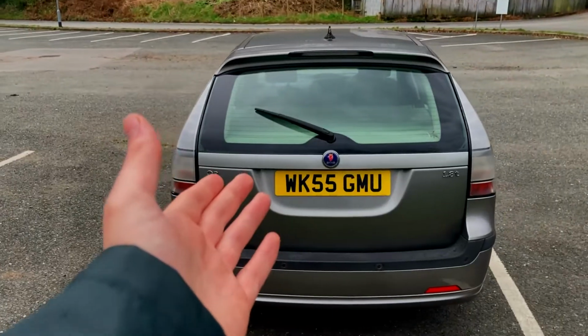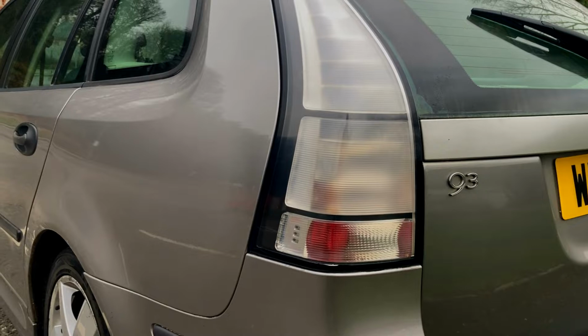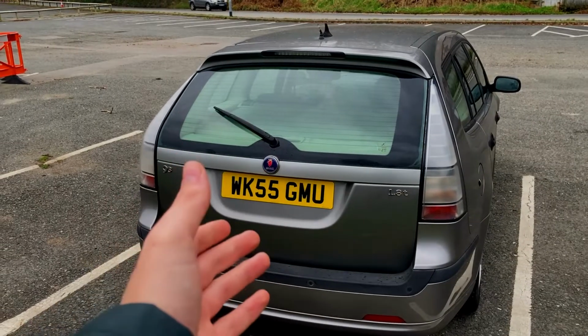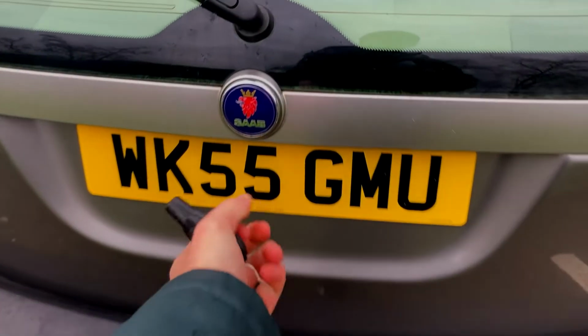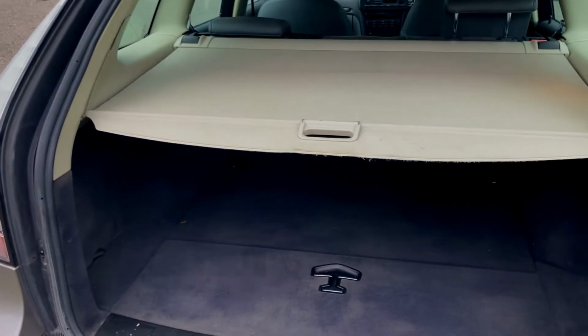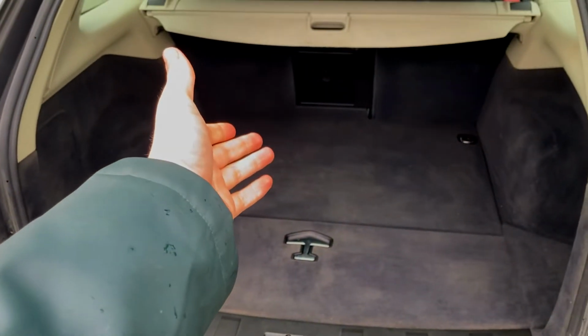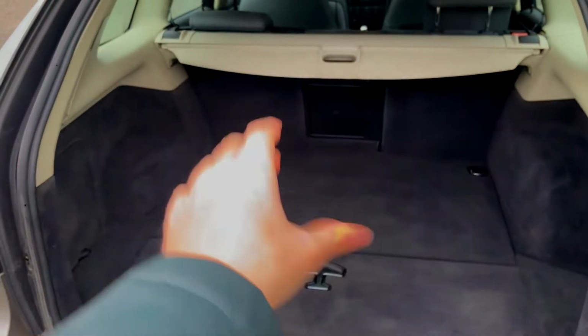For the 9-3 Sport Wagon, one of the things that really sets it off against all the competitors are these clear rear lights, and at one point everyone really wanted to have those on their cars. They would modify them to look this way. Of course, being the estate car, it is quite usable compared to the saloon, but it did lag behind the competitors. If you take the VW Passat estate, for example, it had 514-ish litres of boot space, whereas the Saab only has